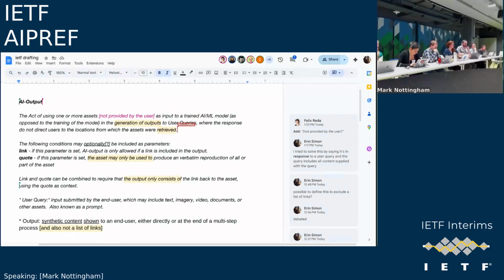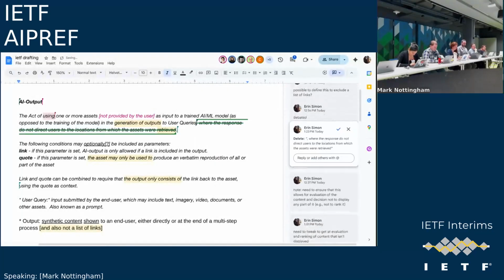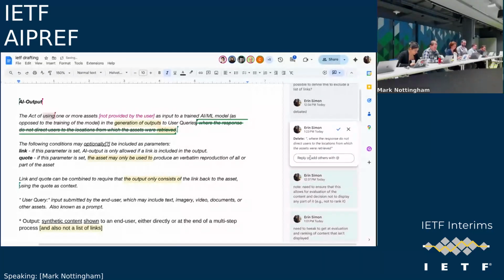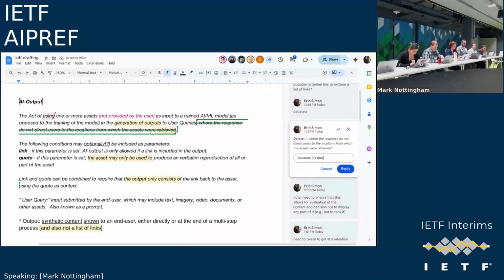Namely, if you were to remove everything after user queries, would it have any impact? Because as I understand it, the basic thing is you're using things input to produce a thing, and you're saying that's authorized or unauthorized, and then you're saying also when you do a link or whatever.